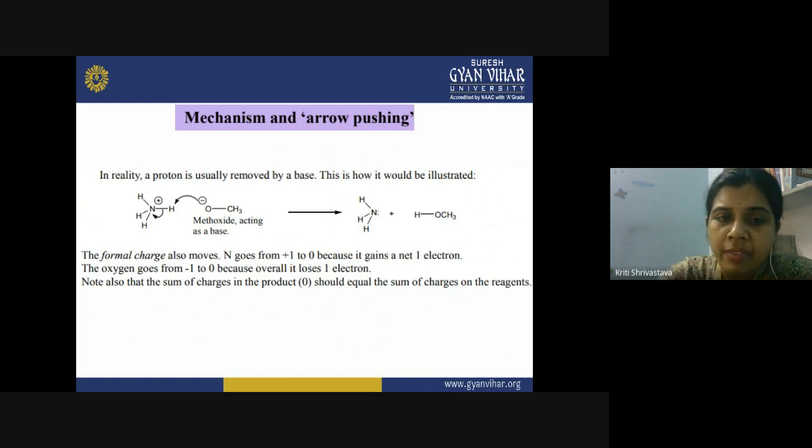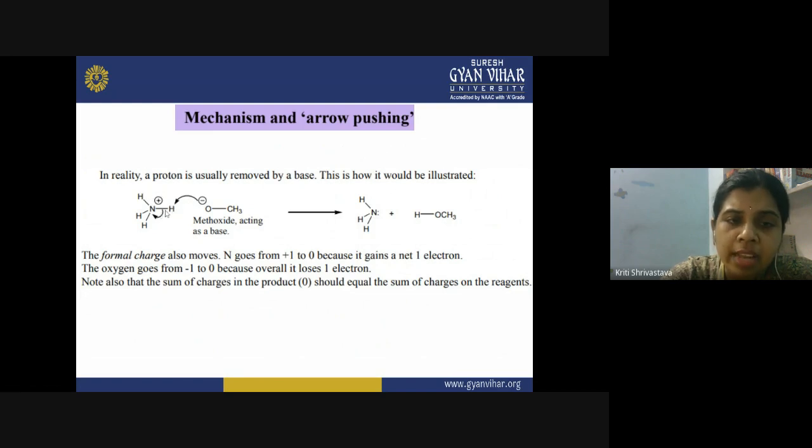So, if you have taken a base here, suppose this is a methoxide ion which is acting as a base, and it is containing a negative charge over it. So, this methoxide ion is doing what? It is abstracting the proton, and now you have to draw the arrow. So, these electrons on the methoxide ion are attacking the hydrogen atom. When they are attacking the hydrogen atom, they are displacing the electron pair away from the hydrogen. They will repel the electron pair away from the hydrogen, and when the electrons are repelling away from the hydrogen, they are going back to the nitrogen, and the movement of the formal charge will be in the opposite direction.